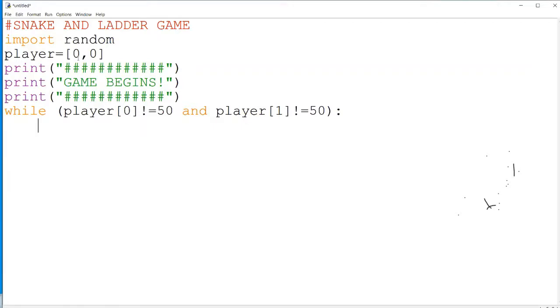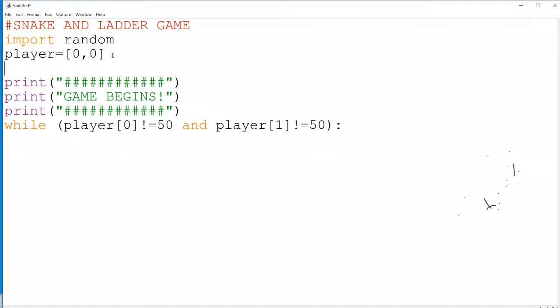After entering into the loop, now I should take the chance. For that, I'll take another variable, something like i. Initially, I declare i is equal to 0. That means player of i. I won't use 0 and 1 all the time, because I may need to write the same steps again and again. For that, I'll take the help of a variable that is i. So player of i, what is the value I substituted? 0 here.